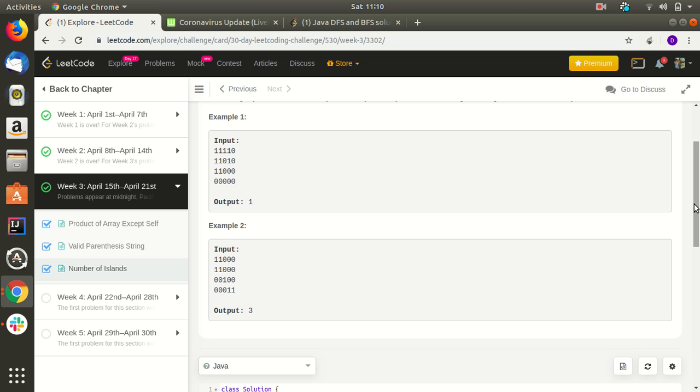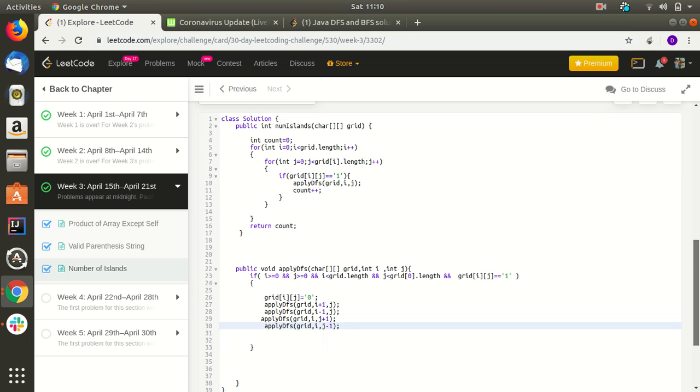How we'll be performing is, we'll just consider one variable. In this example, suppose we are working with this 1. If this is 1, then we'll check whether the horizontal and vertical values, left, up, right and downwards, are 1. If it is 1, we'll check again for the nearby values. If it comes 1, we'll change it to 0, so that in the next iteration our program will not consider that island. Let's see how we have implemented it.